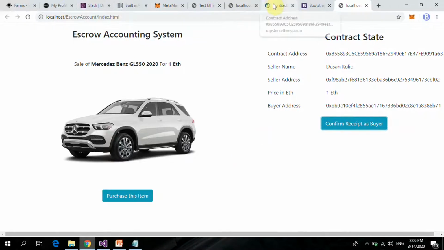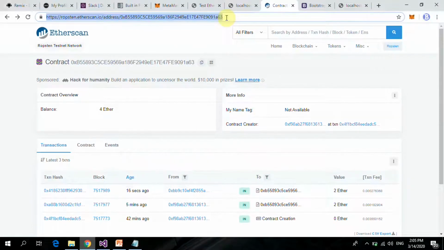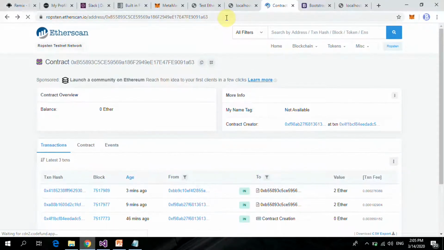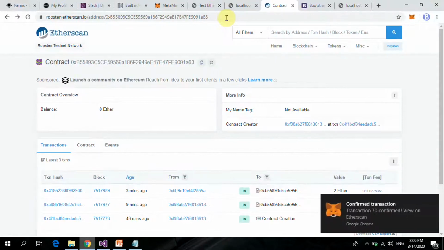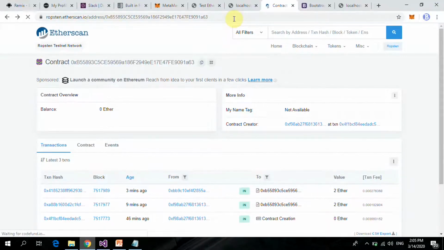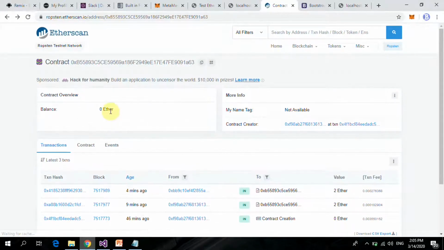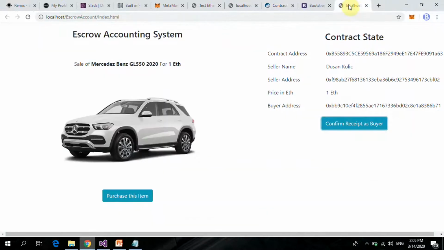So we can watch the state of the contract. Okay, all right then. So that has been received. I can refresh this again. You can see the balance is now 0 ether, and it means that a whole lot has happened in the background. So if we come here to refresh this,